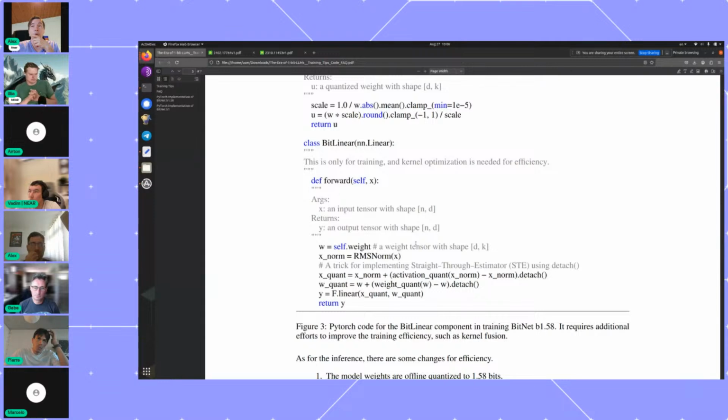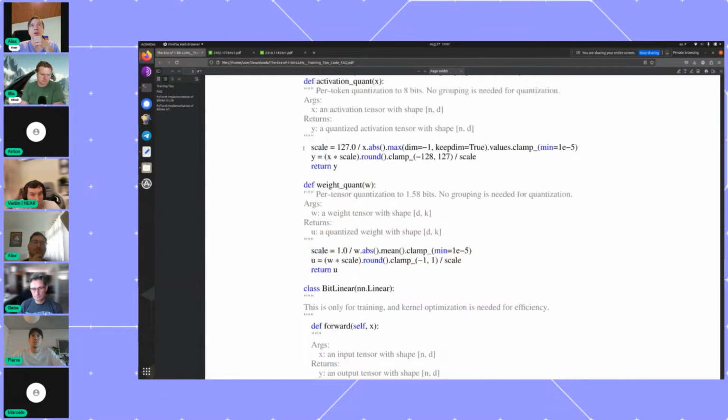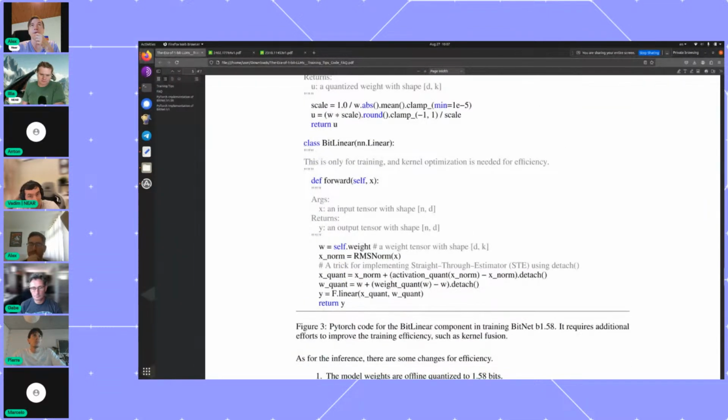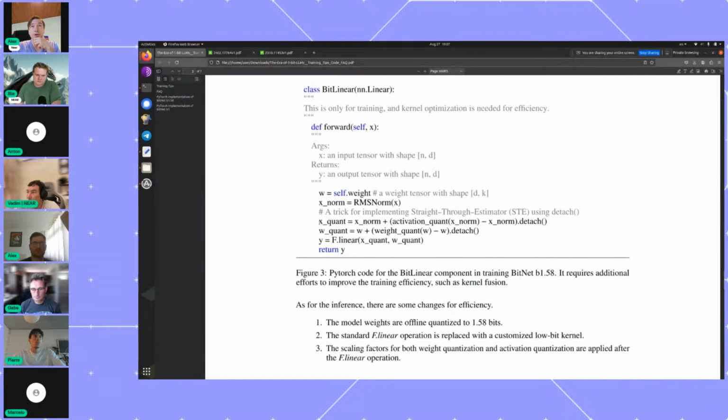Cool. And in terms of implementation, the implementation after that is very simple, right? So you build weight quantization, you build the activation quantization. The whole layer now boils down to having one parameter, the weight. You compute RMS norm. This is the same thing that will be done in Llama, right? So Llama begins every layer by computing an RMS norm, right? And then let's see what happens, right? So they say X quantized is equal to X normalized